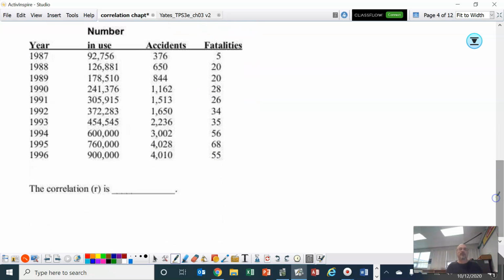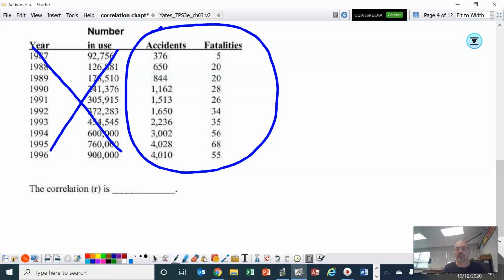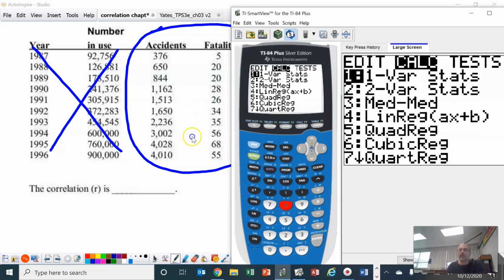So the same thing with this one. The year in use, accidents, fatalities. Okay, I'm going to ignore these two, and I just want to see, well, what type of relationship is there between accidents and fatalities? It could be car accidents, it could be boat accidents, whatever. All right, so again, I'm going to go ahead and pause and put that data in, and we'll take a look at that. Again, I've got the numbers typed in. Here we go. I'm going to go stat calculate number 8,